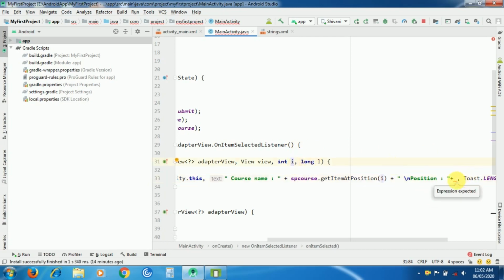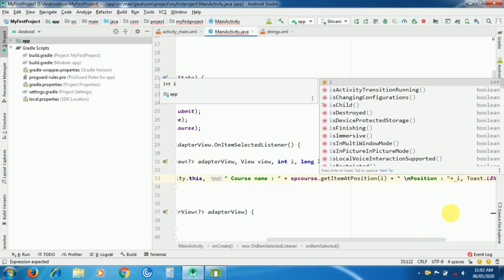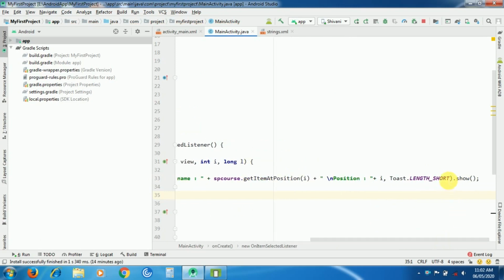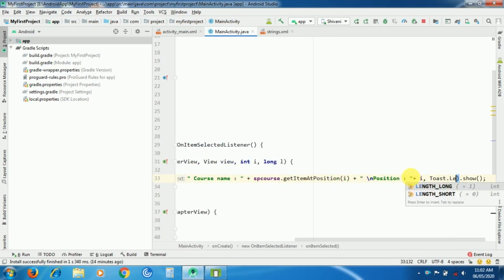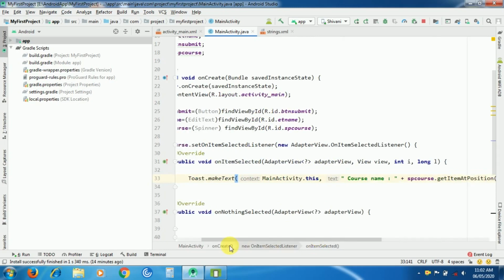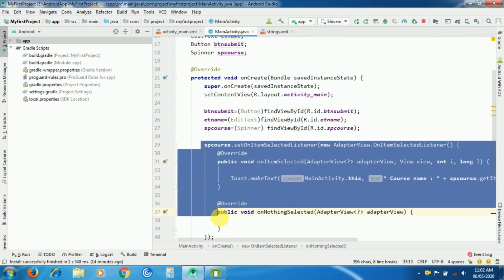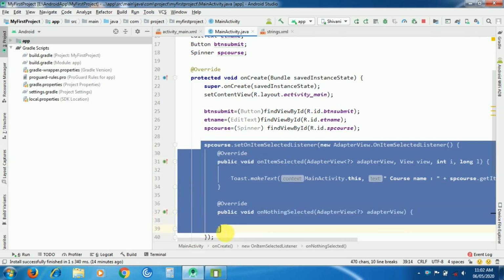So I will pass i here, so whatever position it will show here. And I will change the length short to length long, so that we will be able to see the output. So we have done with the code of onItemSelected.